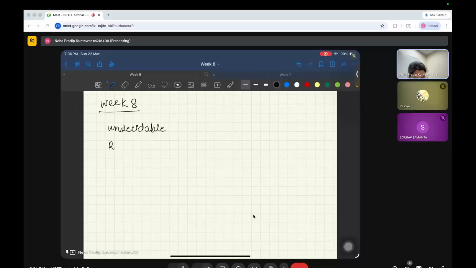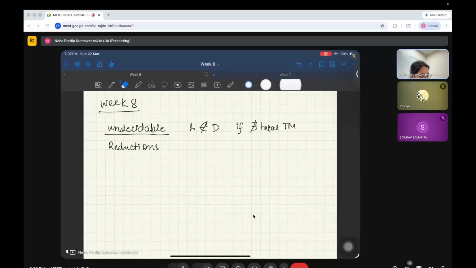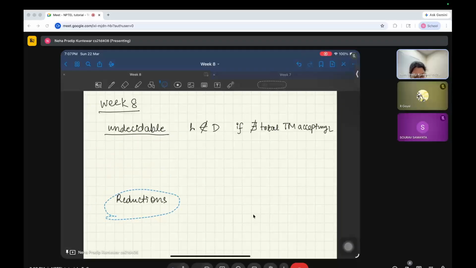Last time we briefly saw the concept of undecidability, and we also saw what reductions are. So when do you say that a language L is not decidable? If there does not exist a total Turing machine computing or accepting L. One such example of undecidable languages, maybe the first example that we saw, was the halting problem,